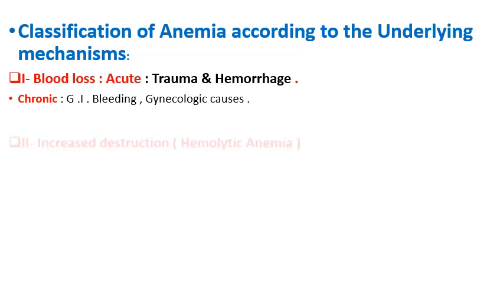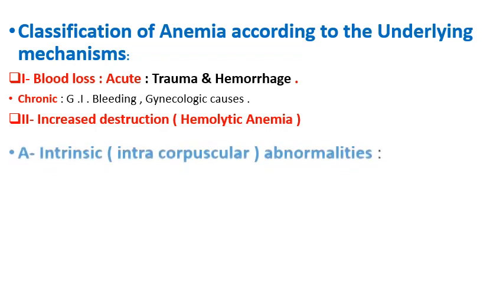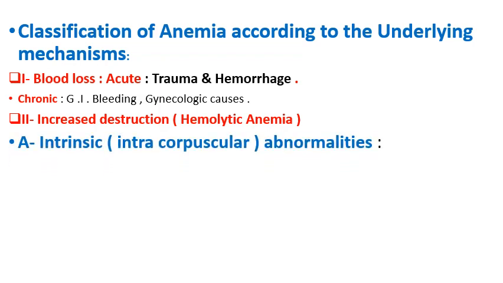Or there is chronic blood loss, as in GI tract bleeding, as in peptic ulcer, or gynecologic causes, as in cases of menstrual bleeding, or metrorrhagia or menorrhagia, especially in the perimenopausal female. In the case of increased destruction of red blood cells, as in the case of hemolytic anemia, it is intrinsic, intracorpuscular